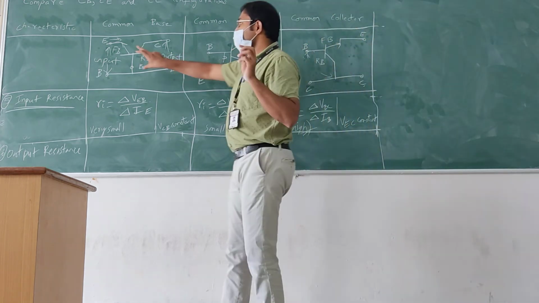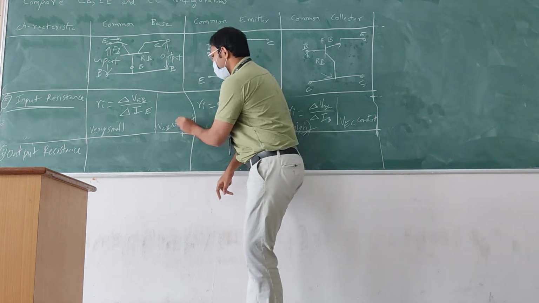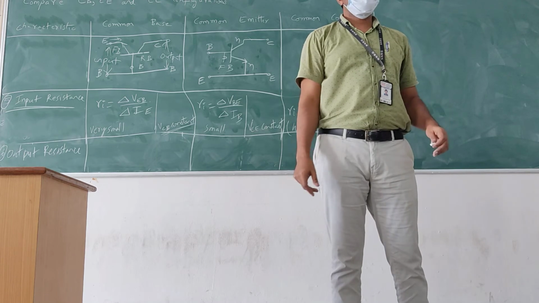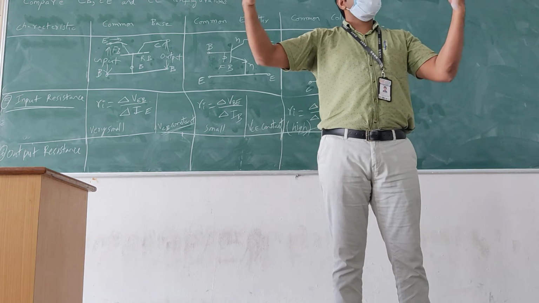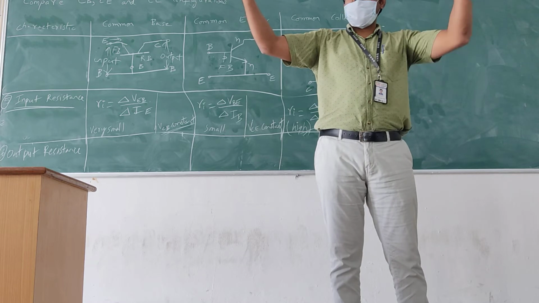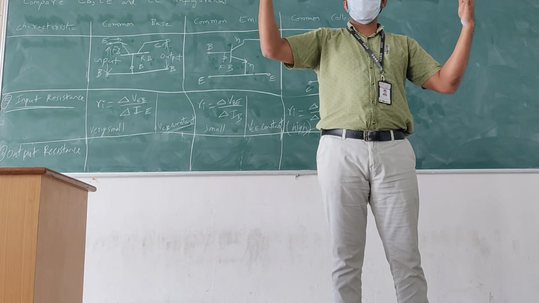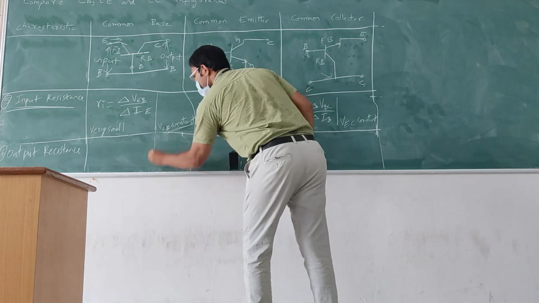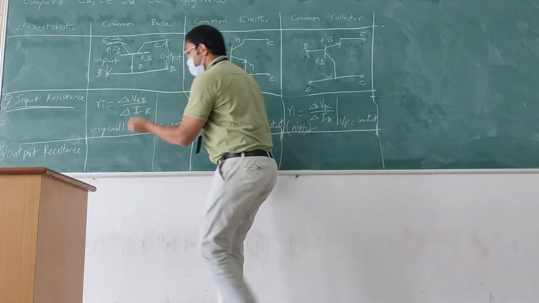So input side, what do we have to take constant? When we take output characteristics, what do we have to take constant? Input current. Current controlled device here. Output is depending on input current. So when we take output characteristics, we have to consider the case when input current is constant. In all cases, current constant. Rest same logic.